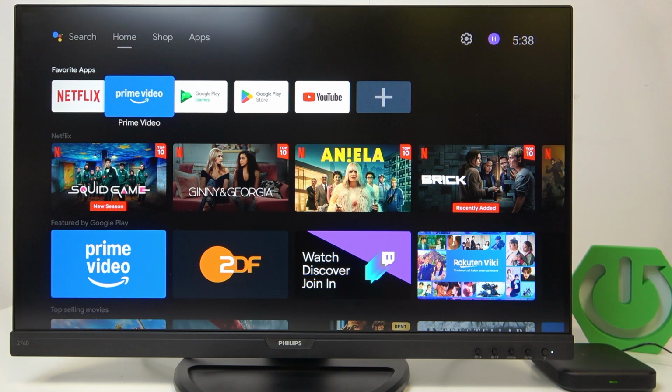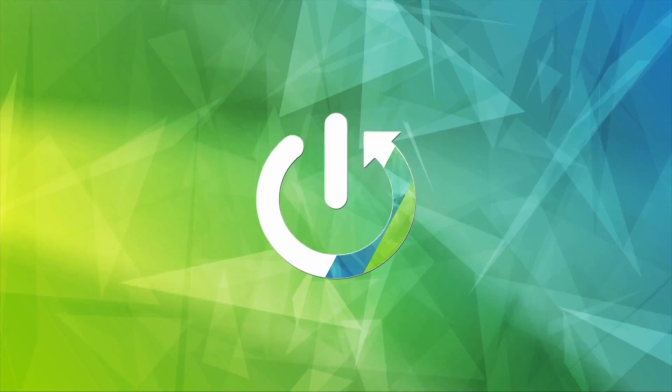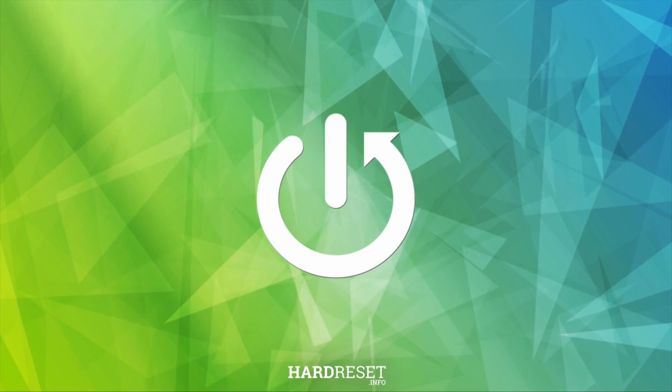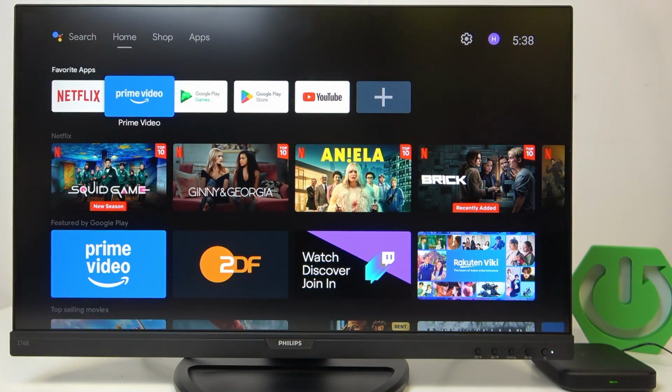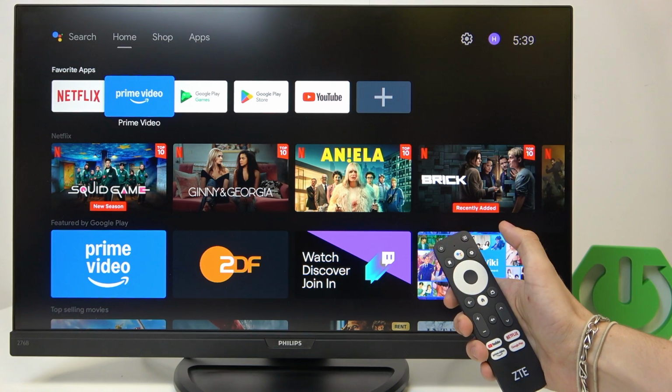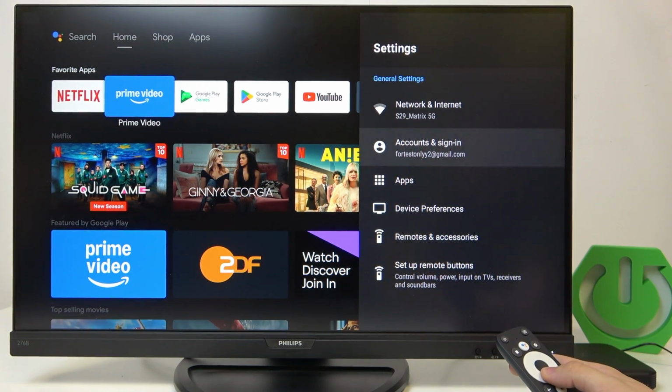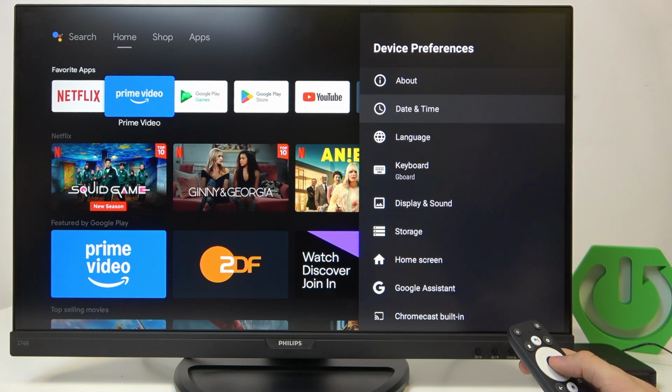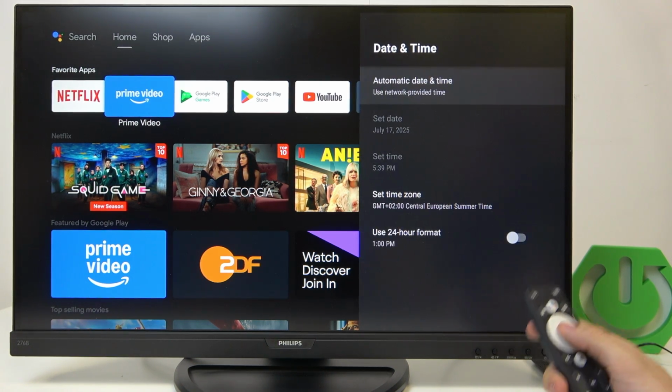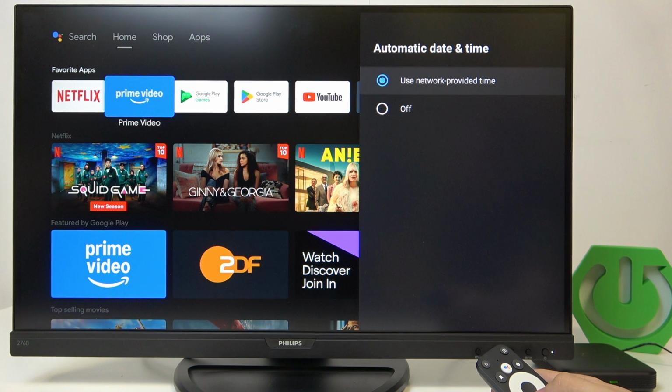Hello, in this video I'm gonna show you how to change TV date and time on your ZTE Android TV box. To do it, click on the Settings button on your remote. Then go down to Device Preferences, Date and Time, and then you can enable automatic date and time, which will